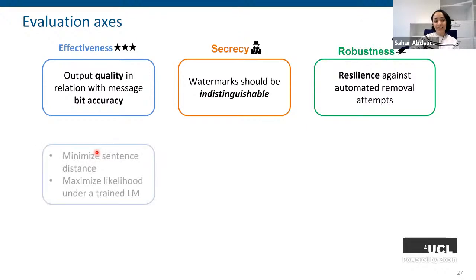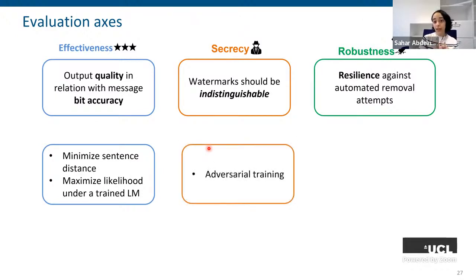So the first thing, in order to preserve effectiveness, we try to preserve the quality of the output by minimizing the distance between the sentence embeddings of the input and output. And at the same time, we want to maximize the likelihood under a trained language model in order to produce correct output that doesn't have a lot of grammatical mistakes. And for secrecy, we utilize adversarial training, and we found that it's really effective to have more subtle encoding of the information without obvious